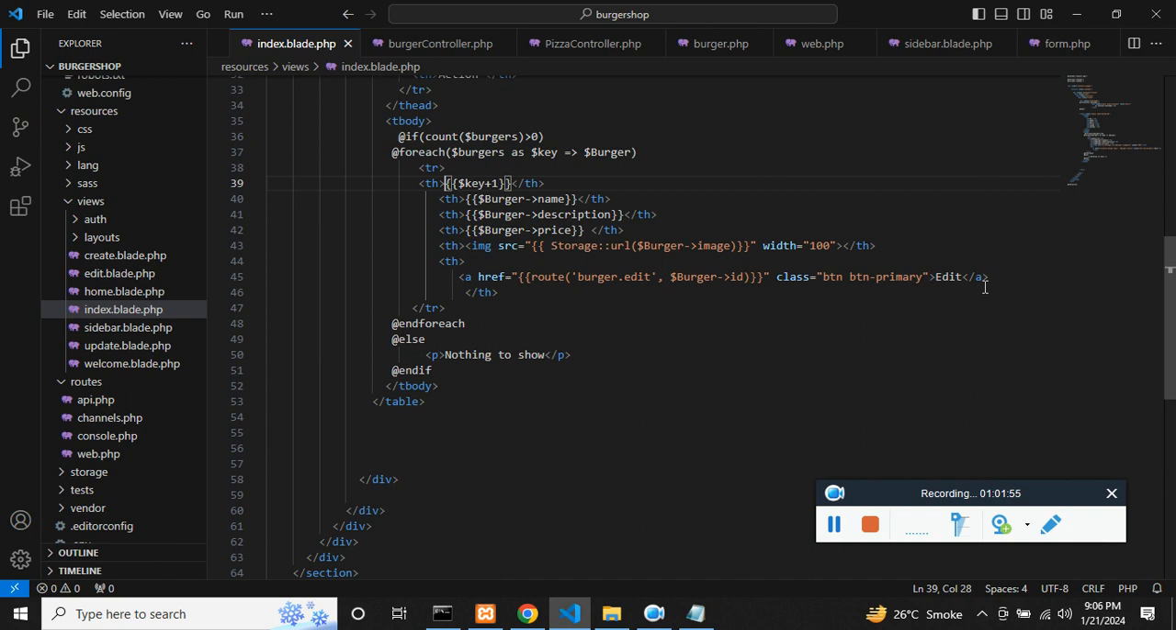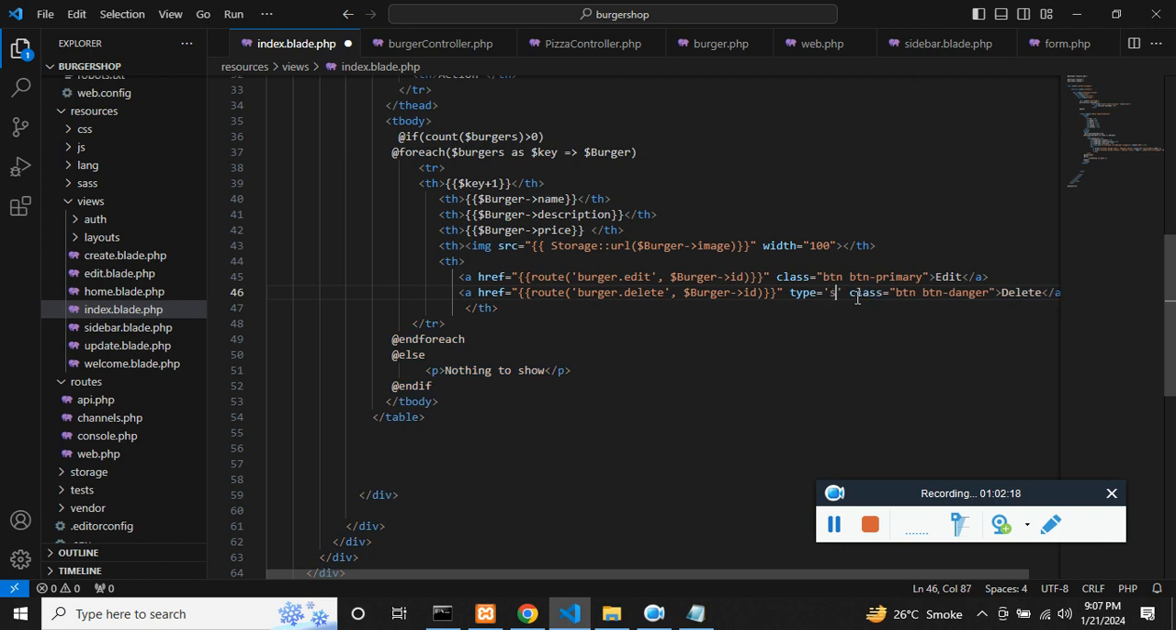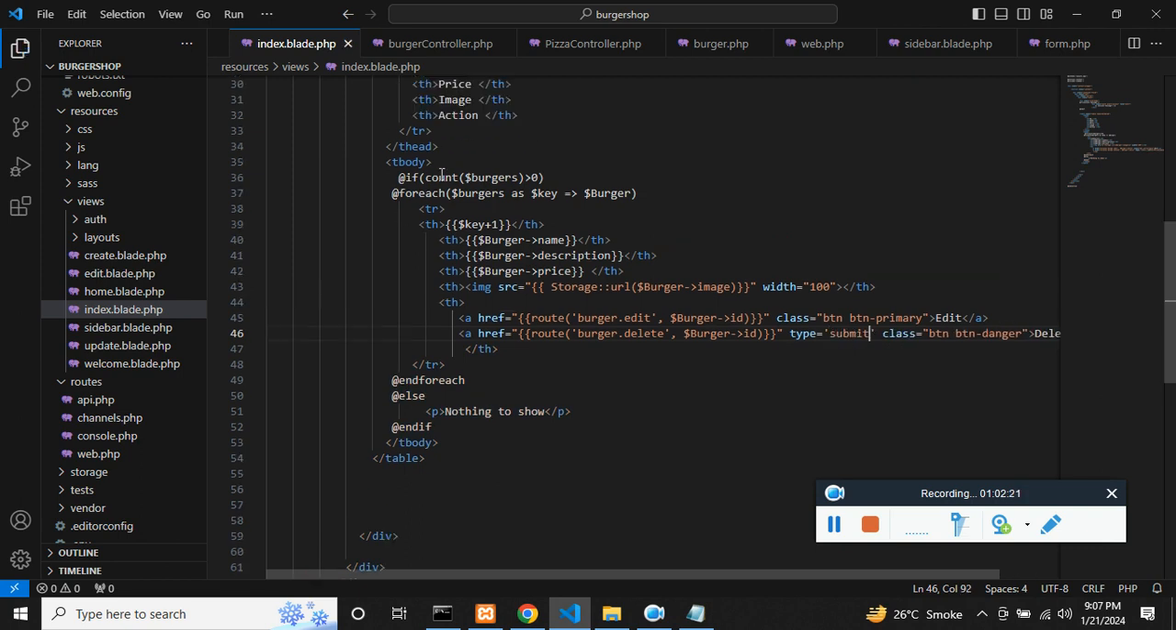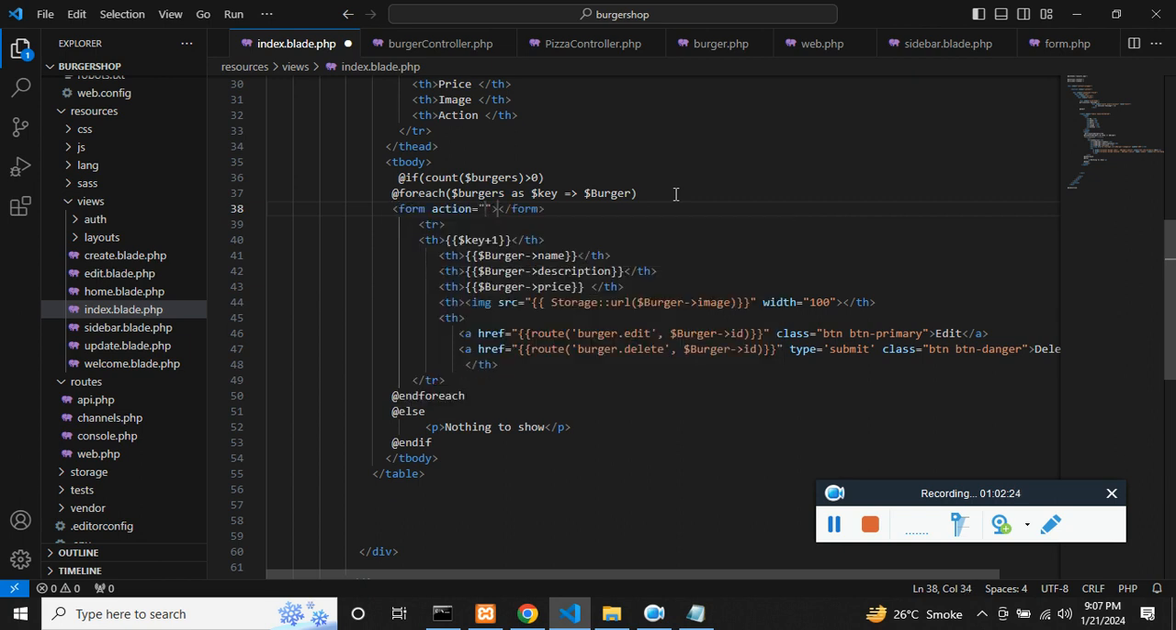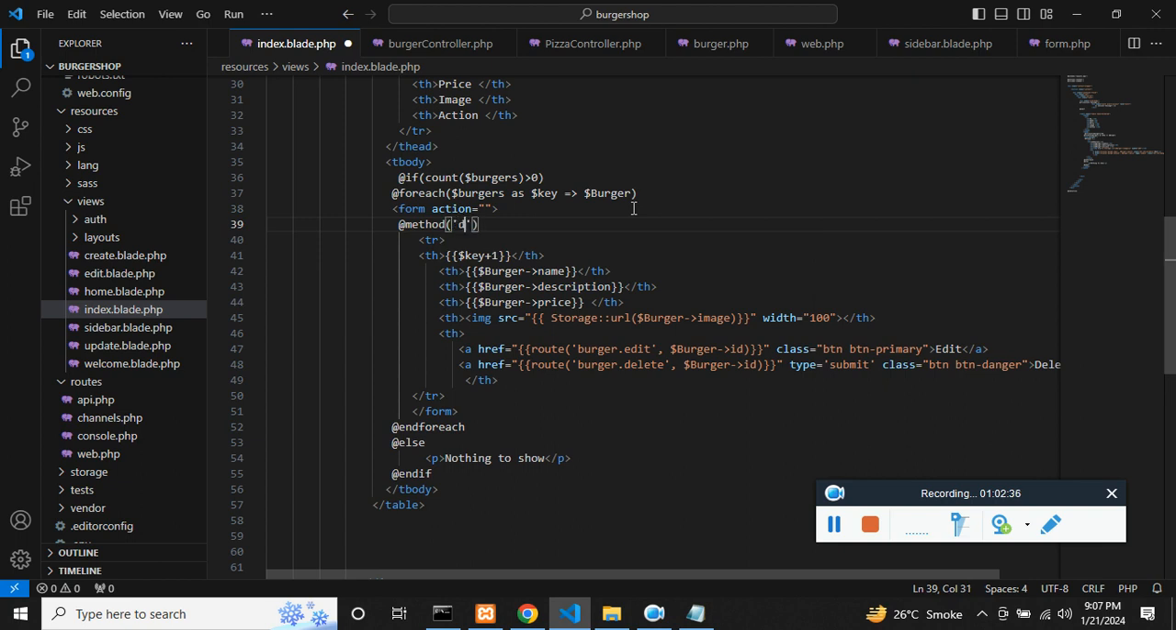Index, and here duplicate this, and here it's going to be delete, and it's going to be danger class, and here we will use the name route delete, and we'll be passing the ID, and we need to make sure its type equals submit, and it should surround inside a form. And the method is going to be delete,